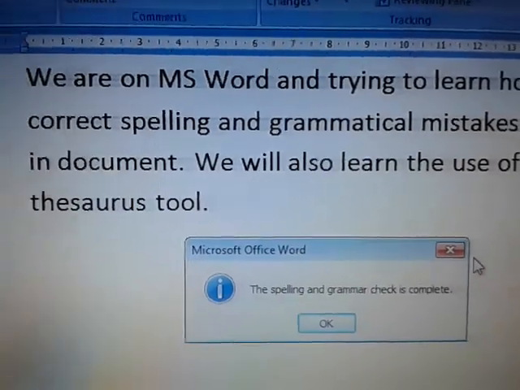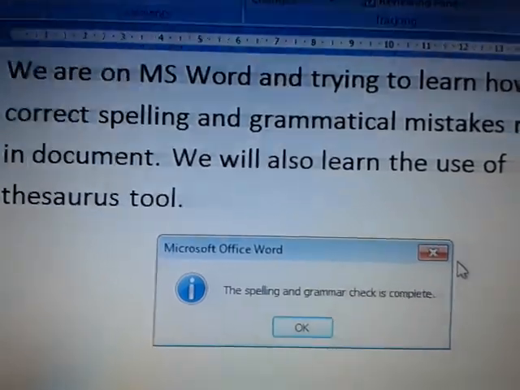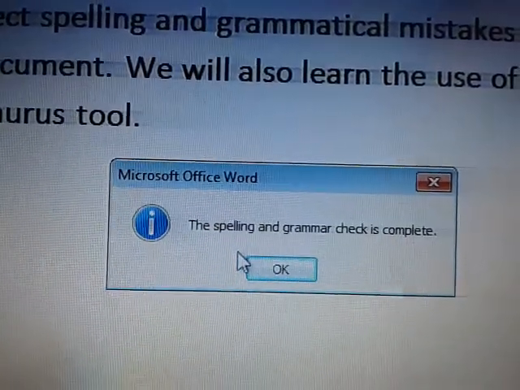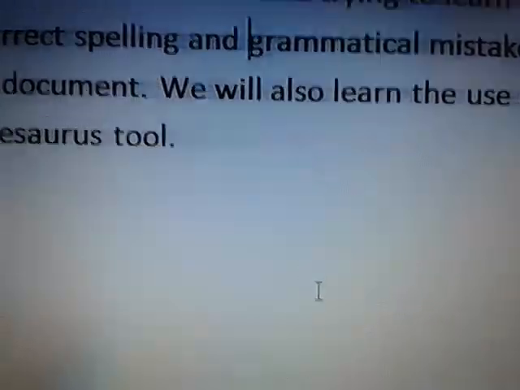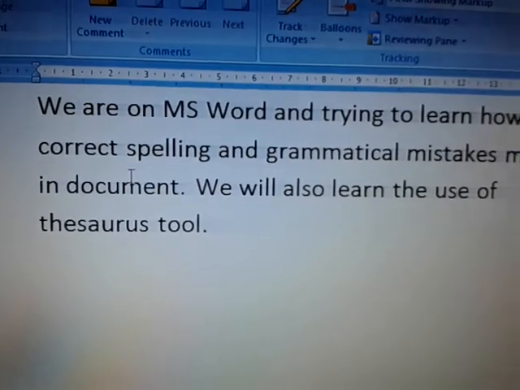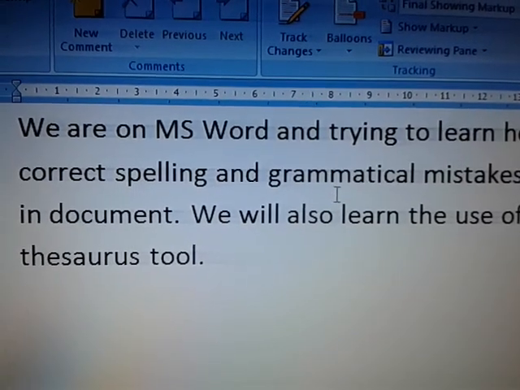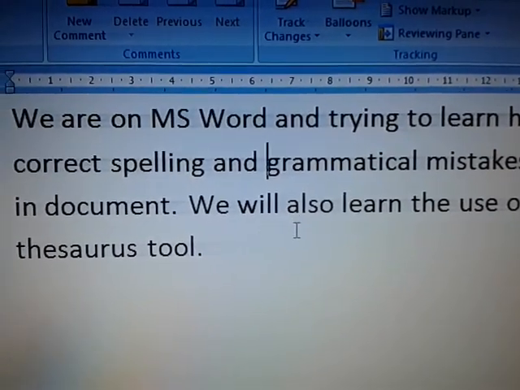All the spelling mistakes are corrected and this dialog box will appear after all the mistakes are corrected: the spelling and grammar check is complete. So click on OK and you can proceed with your text now. Now see, the green wavy line and the red wavy line have disappeared and all the grammatical and spelling mistakes are corrected.